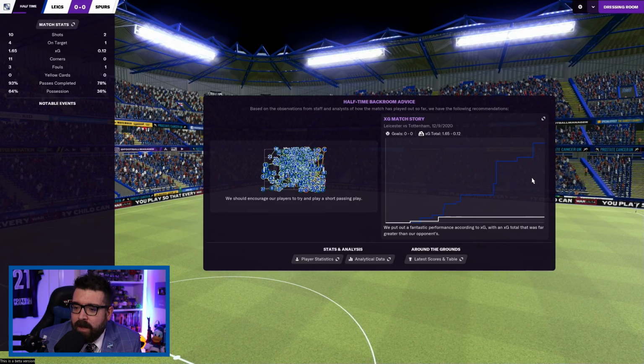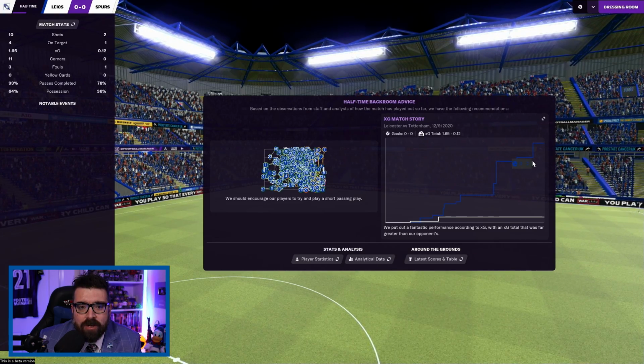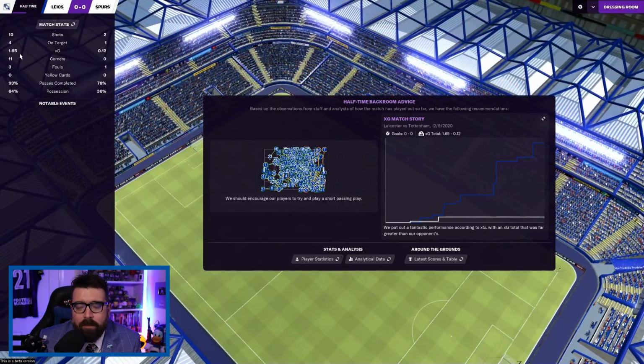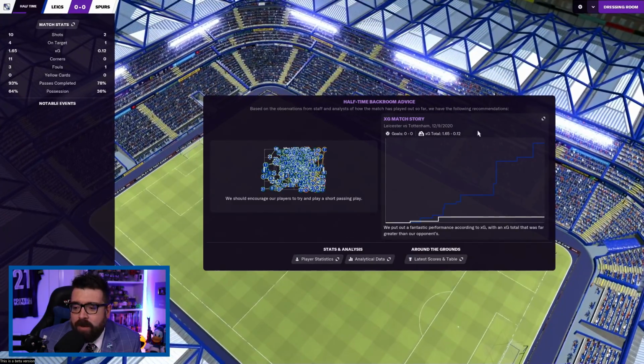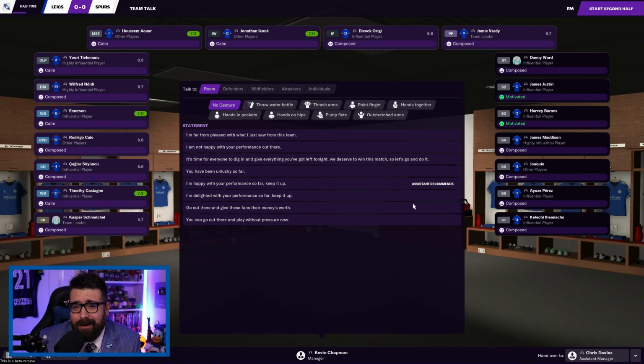XG then, we can see that we're absolutely dominating for XG. We've got an XG of 1.65 so far compared to Tottenham's 0.12. Which, if I know anything about XG, and I'm sure you'll agree, I know something about XG, we should have scored. We should be ahead in this game. And we've got two choices here, whether we continue to motivate or be a little bit critical that we've not